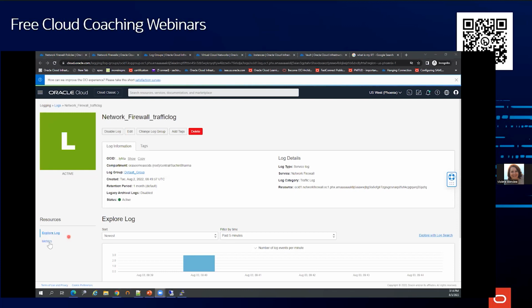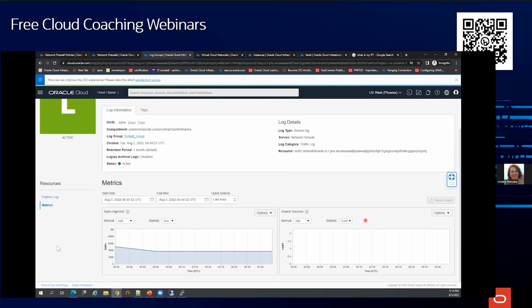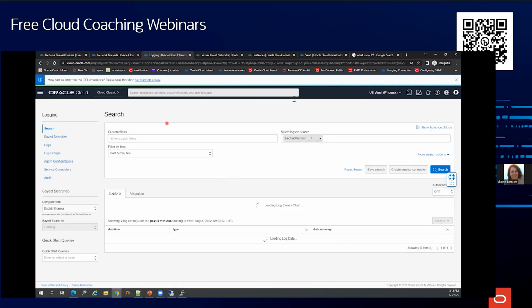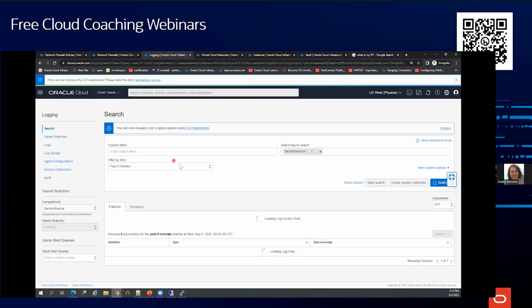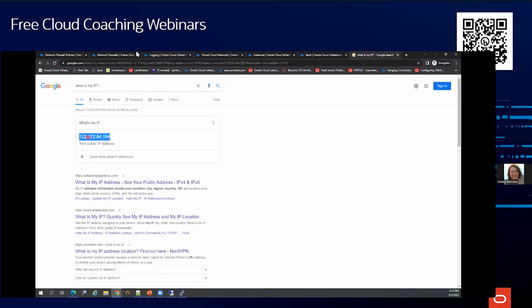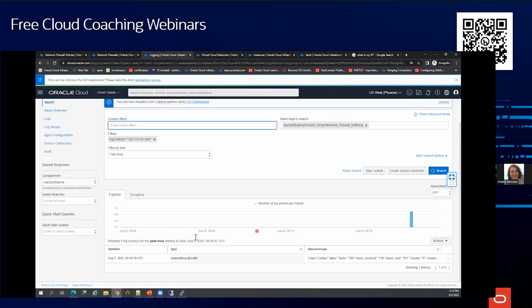In the metrics section, if you go and say explore with log search, I would be able to find, say, the past hour over here. I have a good amount of logs, and I'll take my IP into account.